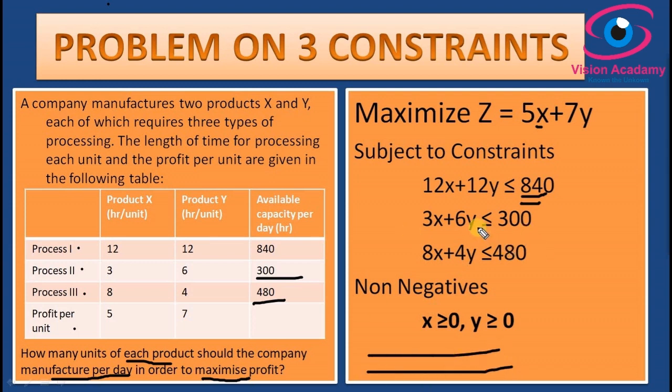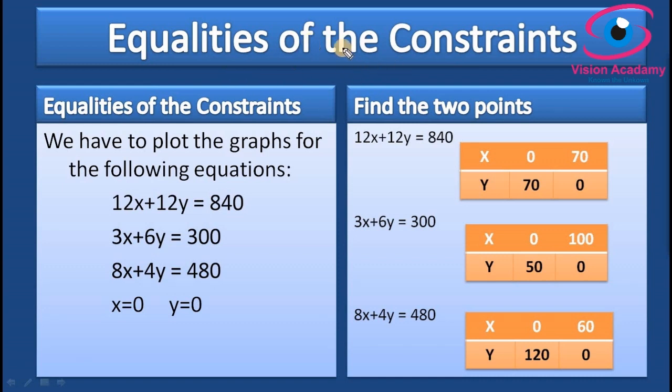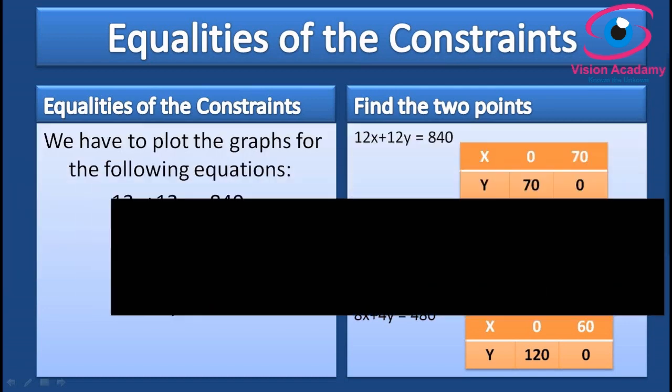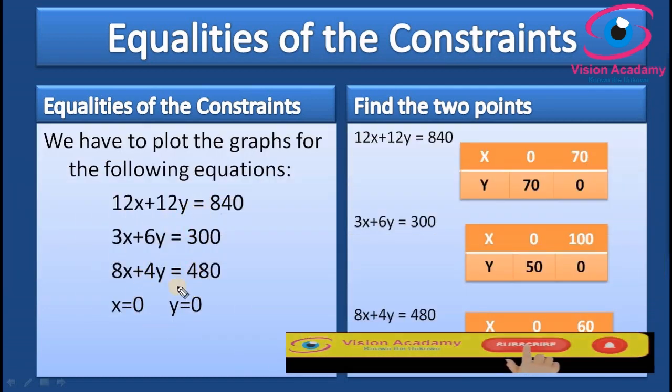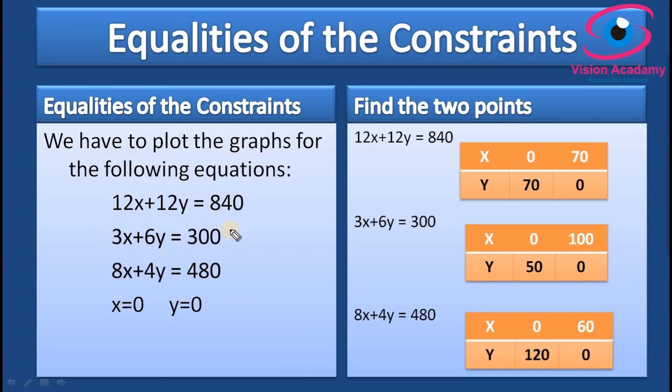Unless we make a mathematical formulation, we cannot move further. So the next step is to remove the inequalities in each constraint. In this example, we have three constraints. I have removed the inequality, that is, the less than or equal to, and kept all the constraints and non-negativity as equalities, because we can apply a graph only for an equation. The equation must be in equality, then only can we plot it.